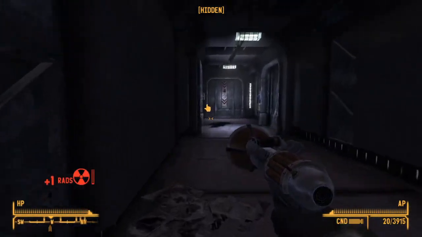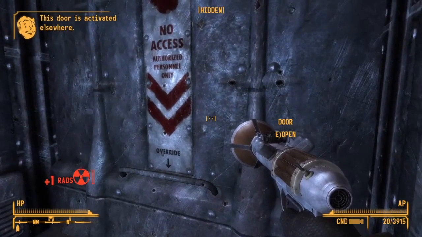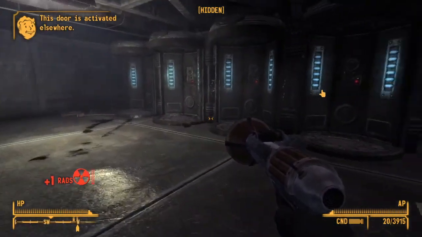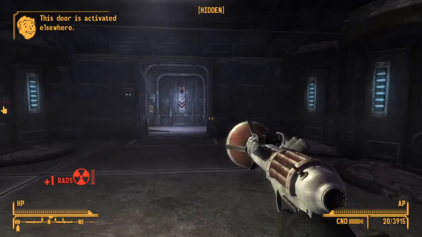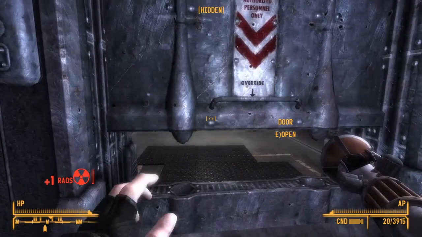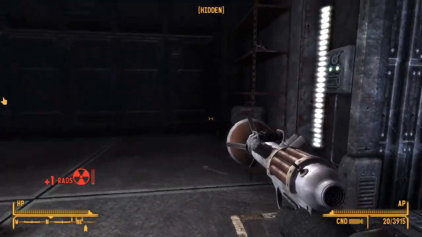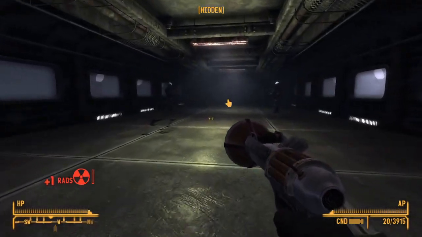Okay. Let's see about these side rooms. Maybe one of these does what I need. That's activated elsewhere. This room seems to have absolutely nothing going for it. Seeing lots of yellow marks in here, not red ones. Am I...